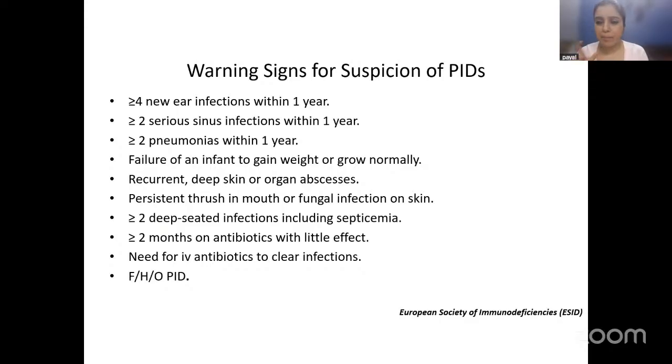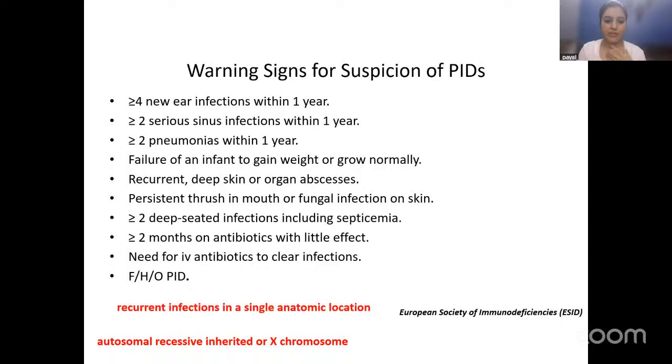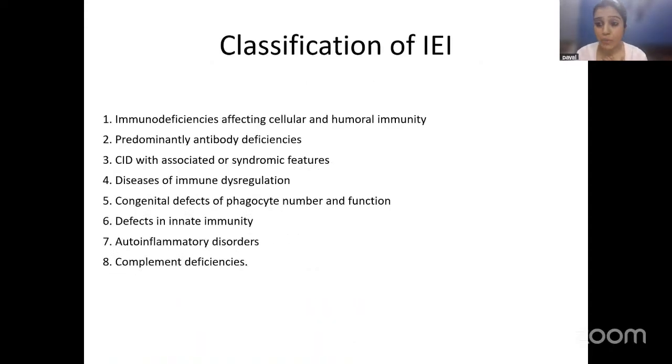So बार-बार बीमार, or frequent infection, again is something which has to be differentiated from the definition of recurrent infections, which has been clarified by the European Society of Immunodeficiency. Yeah, so I specified autosomal recessive and recurrent infection in the single cell classification. I'm not going to do this jargon again as it has already been done.